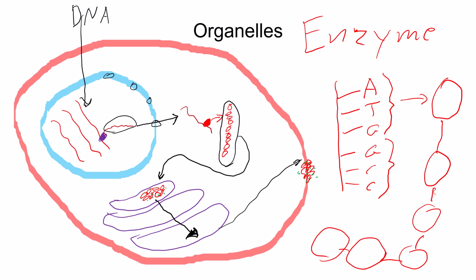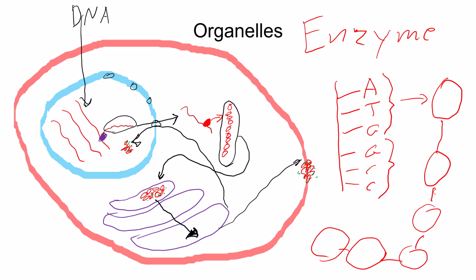Or maybe the protein will go into the nucleus and do an important job in the nucleus. Maybe it will go back through one of those holes into the nucleus and do a job in here. Or else